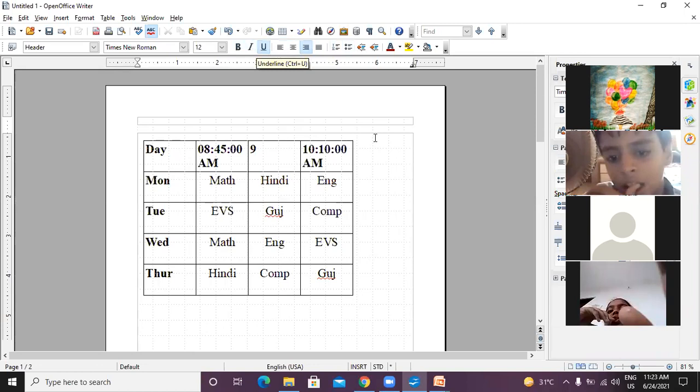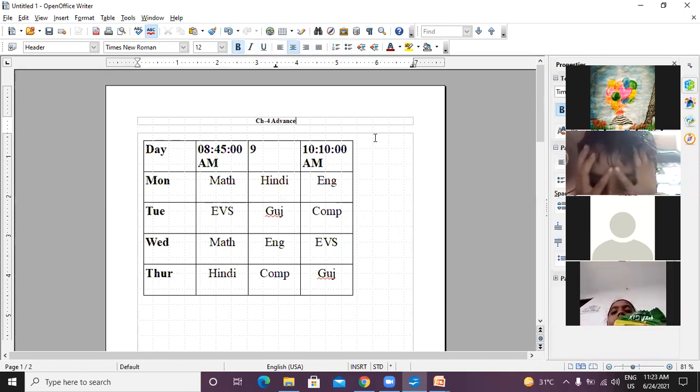And right here, the chapter 4, that is our chapter, Advanced Formatting in OpenOffice Writer. I also increase the size of it so you can easily identify. So you can see here.